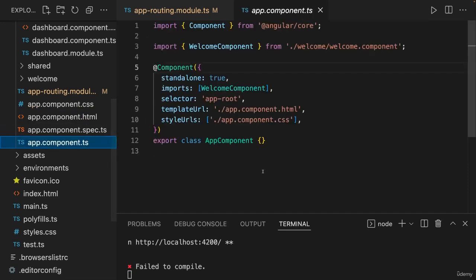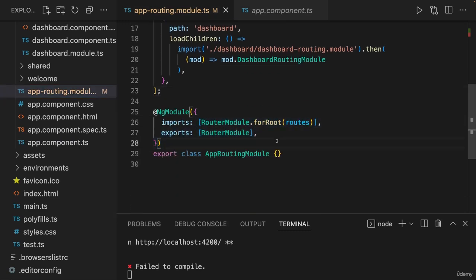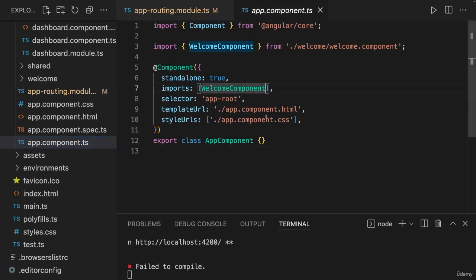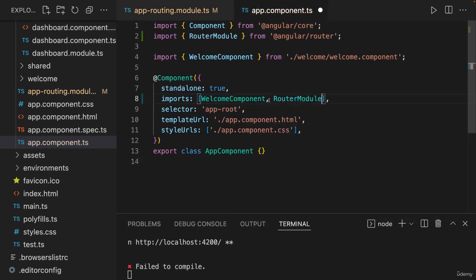And right now the app component doesn't know about it because it's standalone. So just because we have an NgModule here where we are defining the router module does not tell the app component about it. Instead, just as with our own custom component, we have to import the router module here. We have to add it to imports here in our app component and also add the import here at the